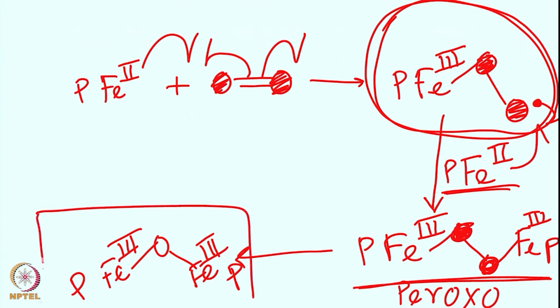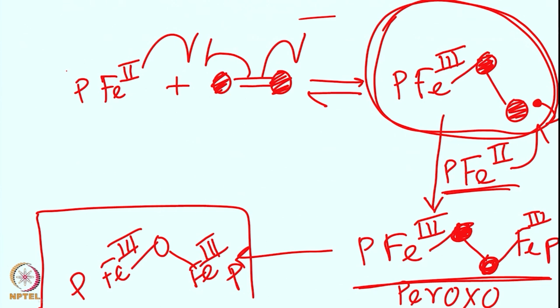This is not what you want. You want this to be reversible and it stays over there. That is what is happening. All this reversible chemistry is happening in the enzyme. In the enzyme case, this is where it gets stabilized, but in a synthetic chemistry setup you end up getting